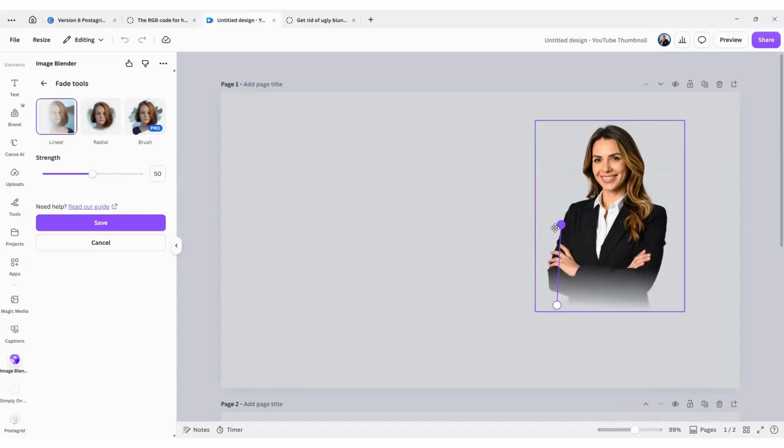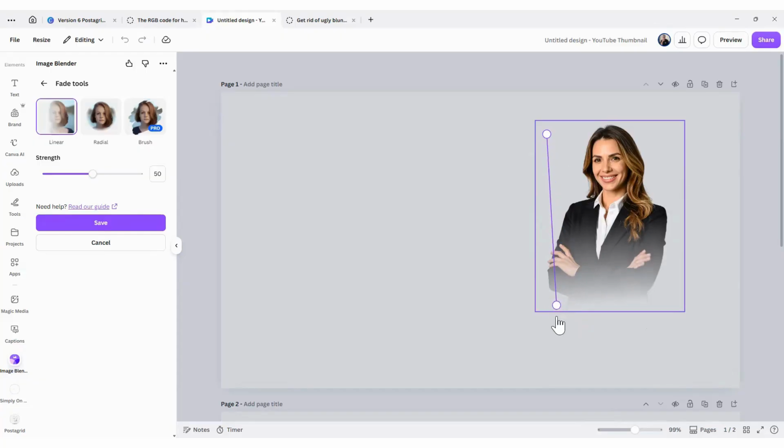The closer we go to here, the smaller the fade is. See, ever so slightly, you can see that here. And the further away we go, the more you can see that there's a slight fade.